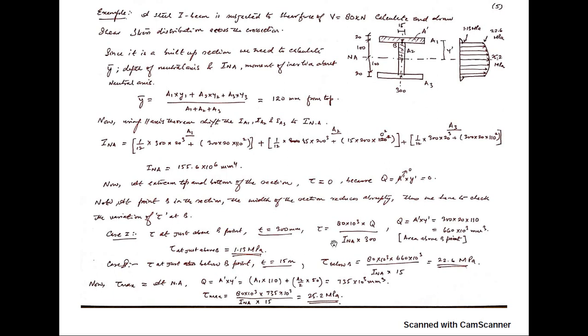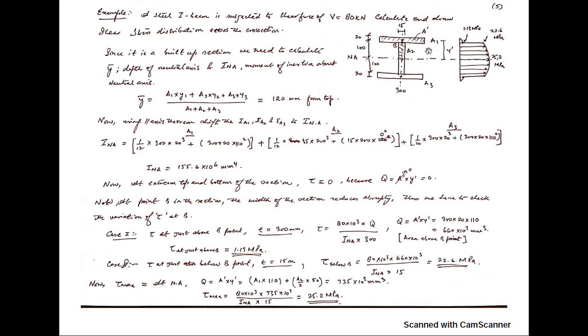So what you have to do is formulate this transverse shear formula. We know the value of the shear force, we know the value of the moment of inertia, and we know the value of Q. And what is Q? Basically Q will be the first moment of area. If you are calculating at this particular point, the area will be A1. Okay, so this area will contribute to your shear stress. And what will be the y bar, sorry, y dash over here?